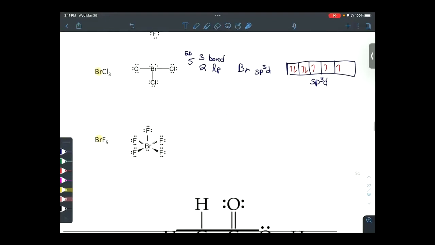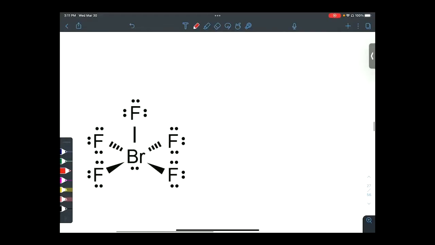All right, let's do one more. How many electron domains are on this bromine atom? 6. So in this case, 5 bonds, 1 lone pair. But we can still predict the hybridization, right? 6 is our magic number. So the hybridization for that bromine is